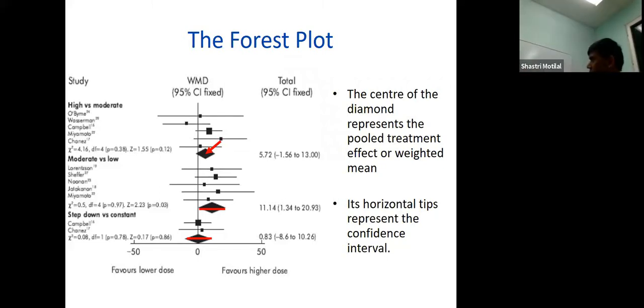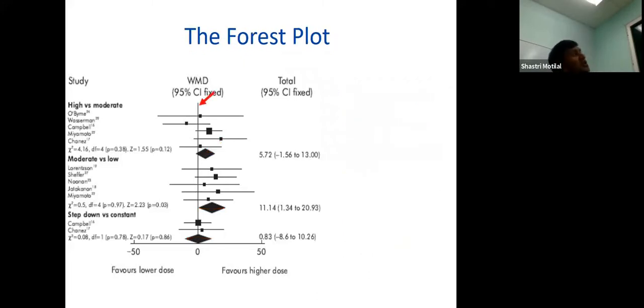So guess how we interpret it? What do you think the interpretation is? The interpretation has to do with this line here running straight down the middle. This line has a value of 0, and WMD is not weapons of mass destruction, it is weighted mean difference. Weighted mean difference. That is all we hear about. And we said that if the weighted mean difference, or the mean difference in the studies we looked at today, was 0, what did that mean? There was no difference between the studies. Exactly. So this line refers to a mean difference of 0.